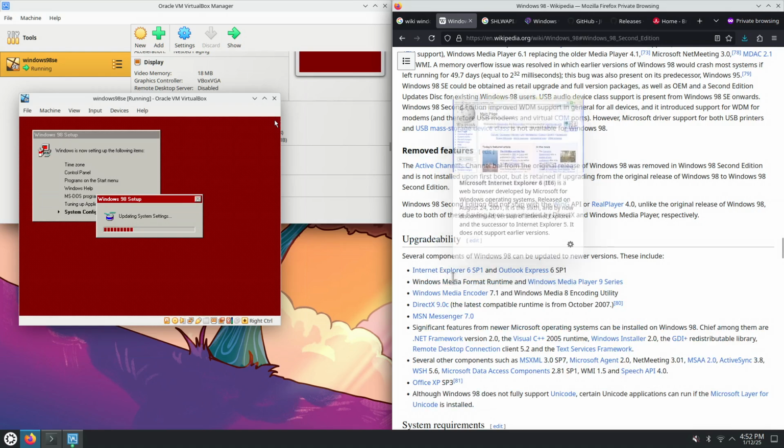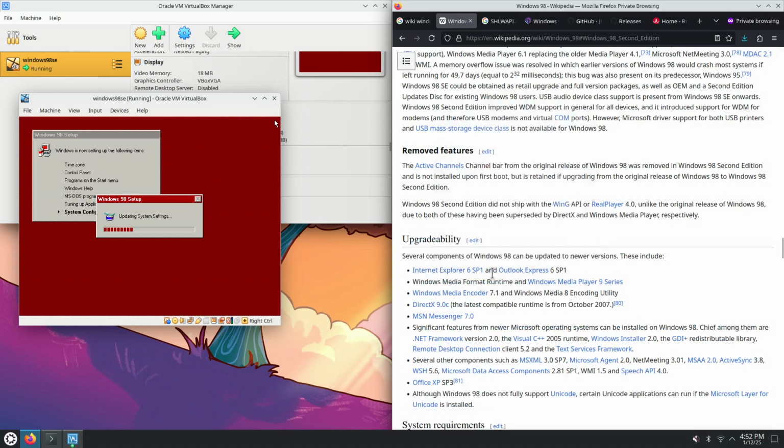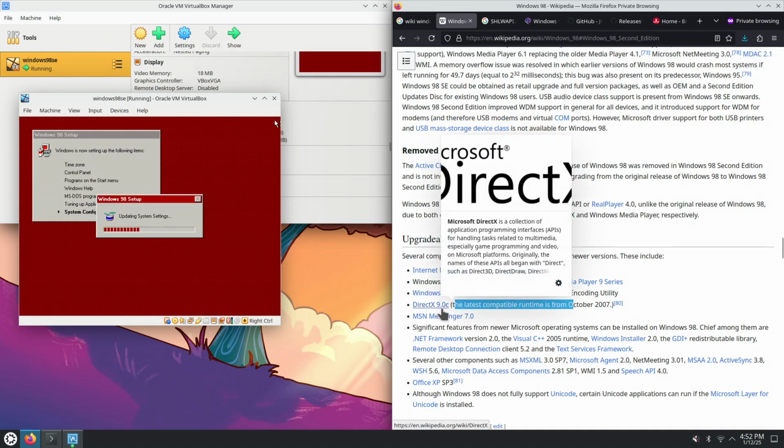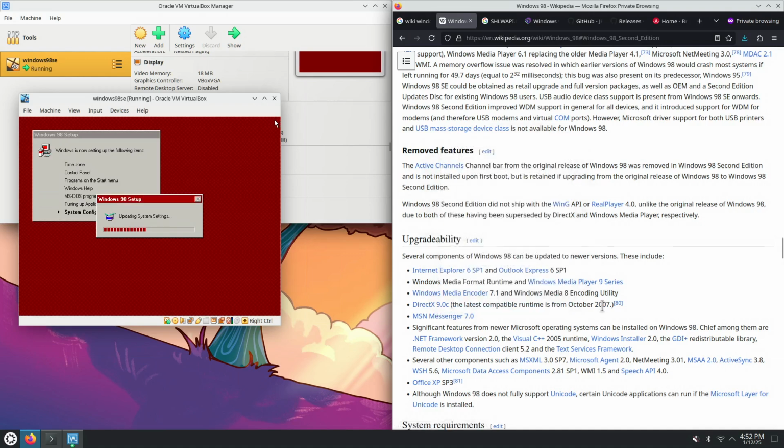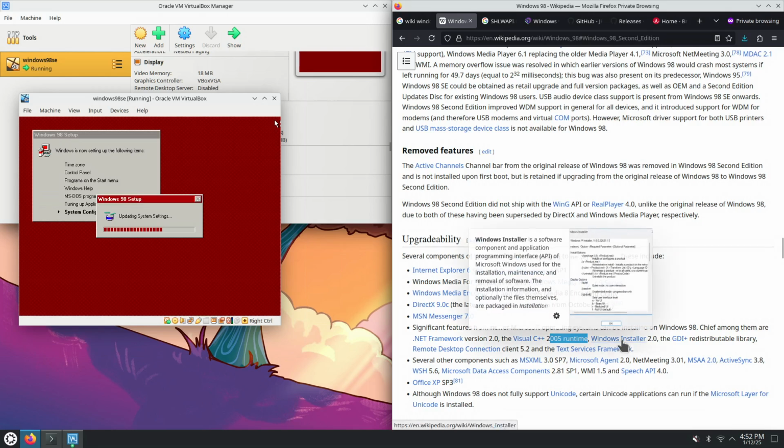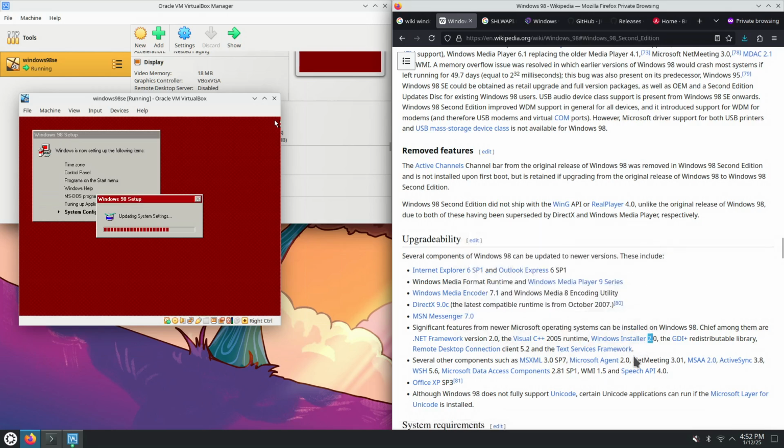So this is Internet Explorer 6 SP1. I don't use Outlook Express. There's this latest version of DirectX 9.0c from October 2007. There's .NET Framework 2.0, Visual C++ Runtime 2005, Windows Installer, so MSI 2.0, RDP Client 5.2,